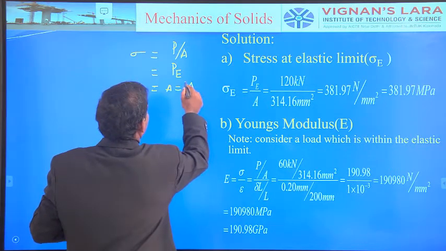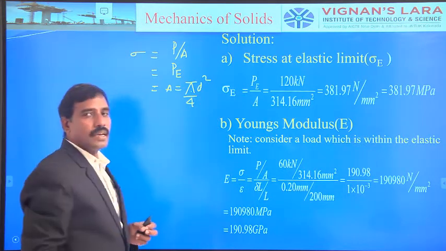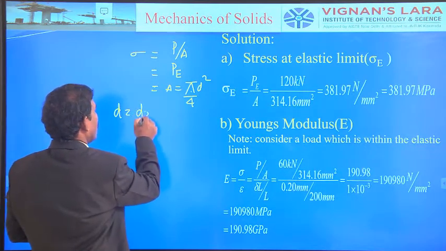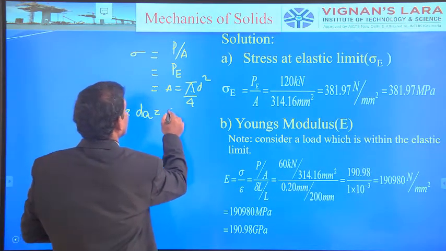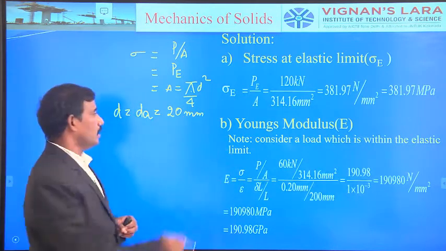Area is equal to pi by 4 d square. What is the diameter here? Here d is equal to d actual, that is equal to 20 mm in this case. So therefore